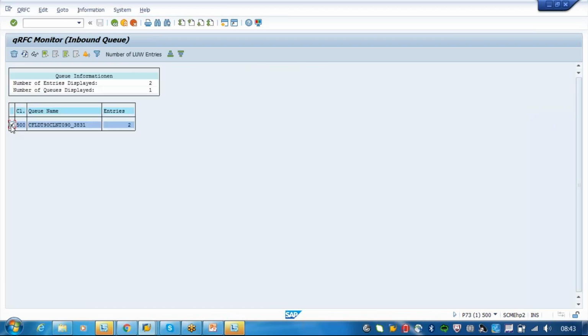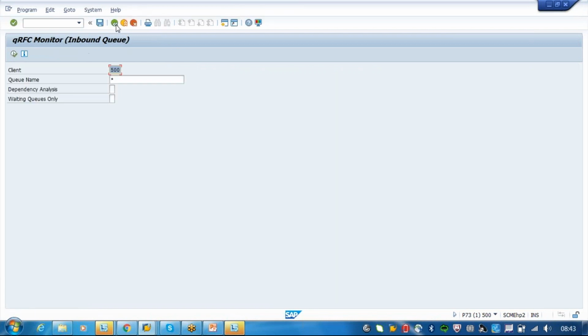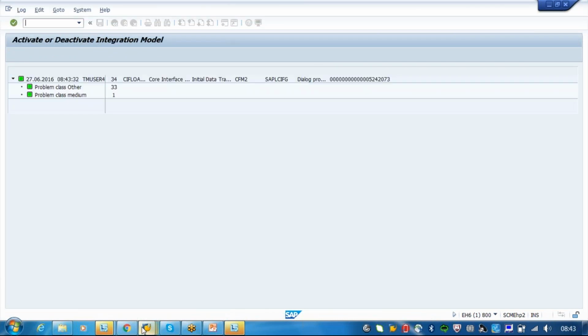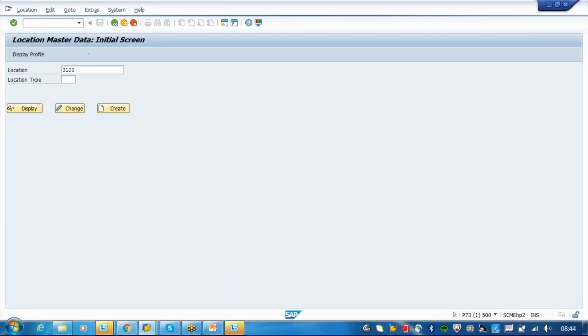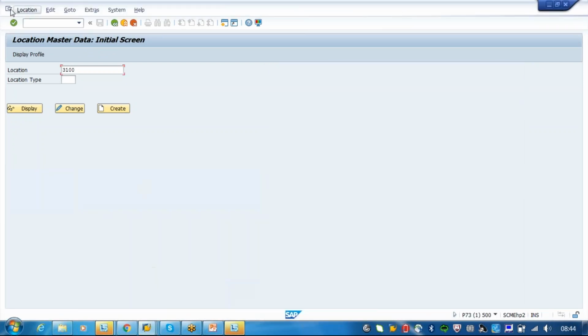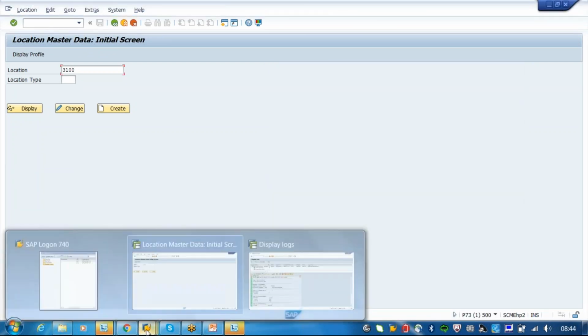Otherwise the system does not know to which system it has to be sent. In the backend there will always be logical systems. So everything is done using the logical systems only. Always remember that.